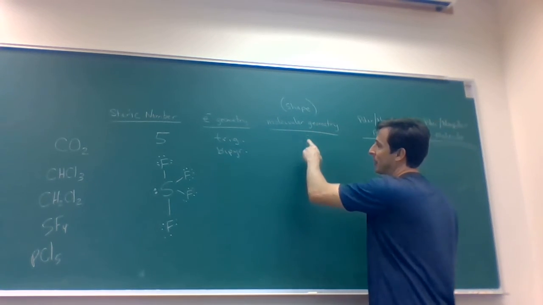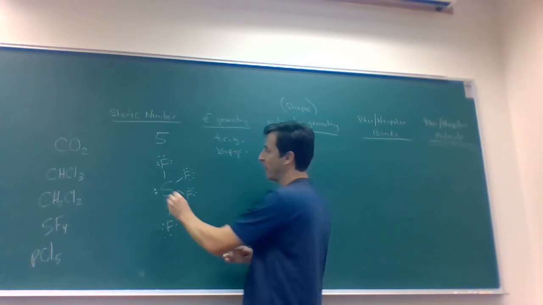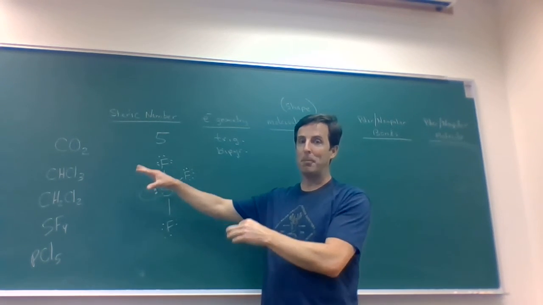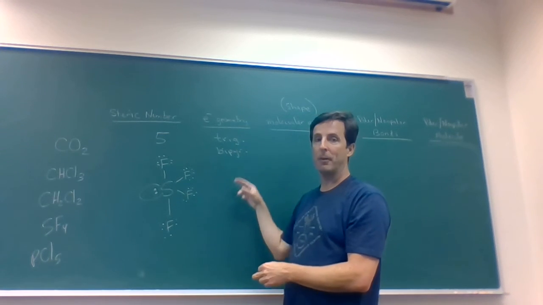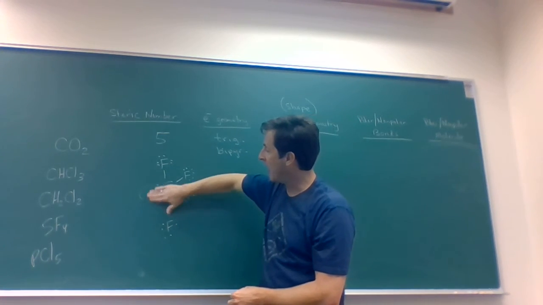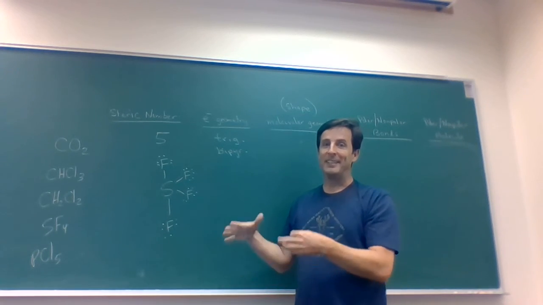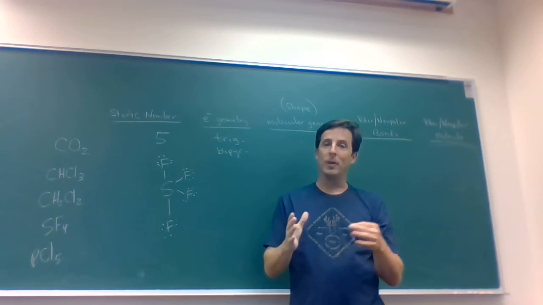The molecular geometry, this is where I say, okay, on sulfur, there is a lone pair right there. It does occupy a position on my trigonal bipyramidal. But if I cover it up or erase it,